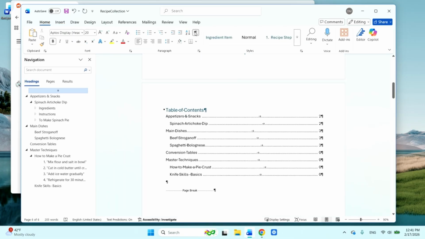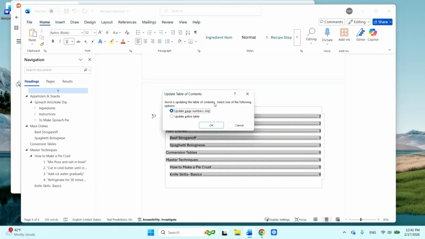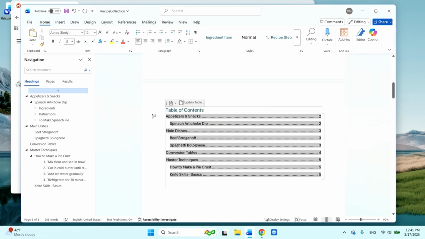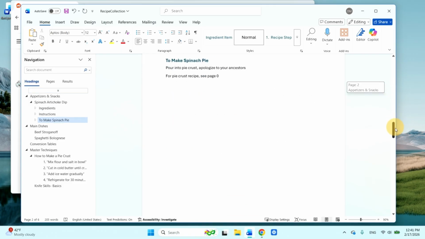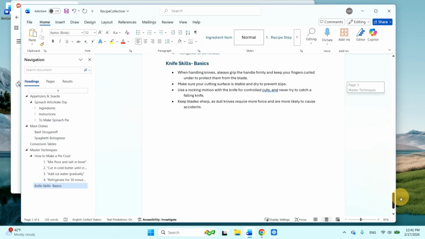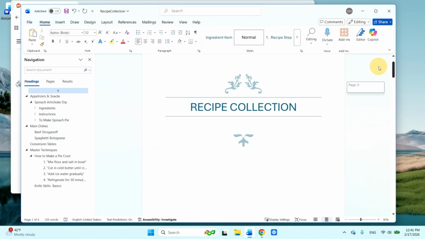Okay. So, here we have 2, 2, 3, 3, and so on. Let's update. I'm just going to update the page numbers, and let's see what we did. Would you look at that? 2, 3, 4, 5. Gorgeous. So, we've got all of our page numbers worked out, and in fact, I feel like there's something missing here